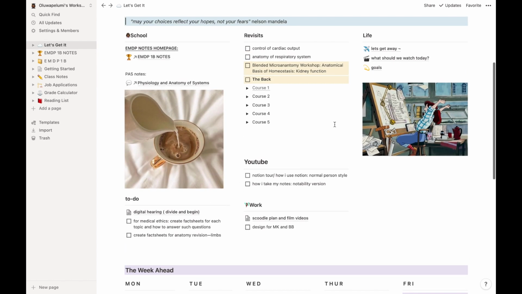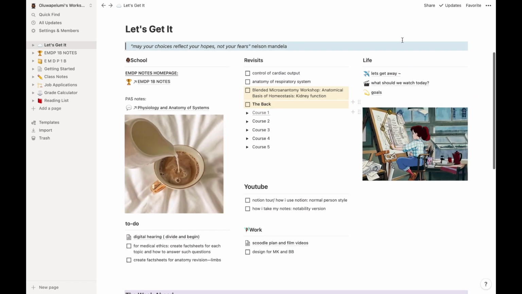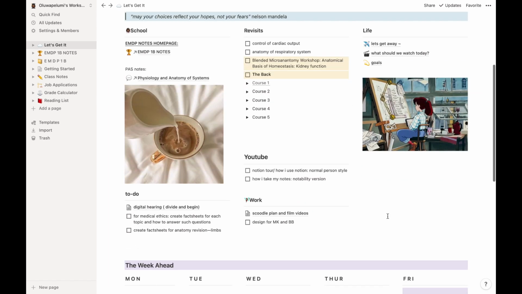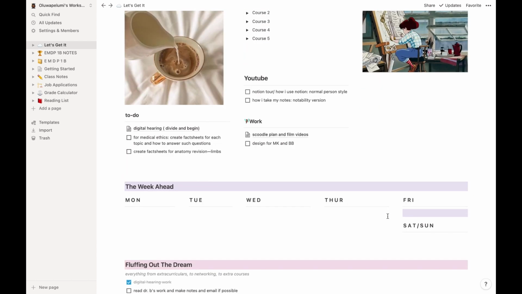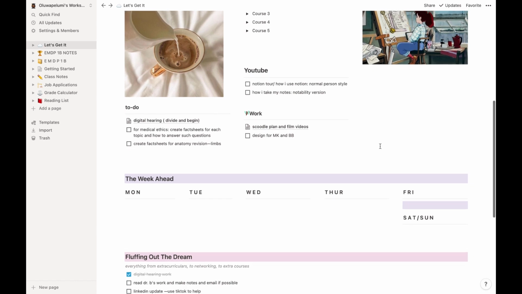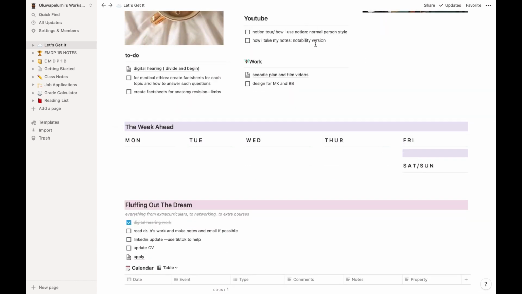And then I have just a little gif of this anime girl working hella hard. I feel it. I chose this one because I just like the blue, the brown, and this is basically my work homepage. It has everything that I need to do. So as we move further down, obviously you can see like my YouTube column, my work column, and yeah, I just like to separate them out onto this work homepage. So these are things that I actively work on like day in, day out.